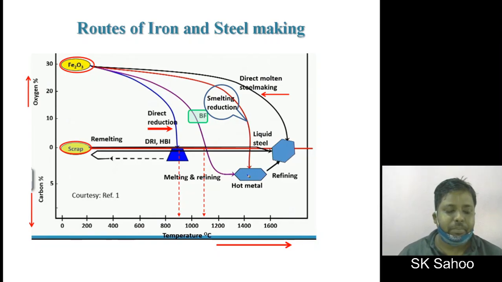Overall, the blast furnace and basic oxygen furnace, BF-BOF route, is still dominating as it is an efficient process. As an alternative route, the DRI-EAF route is emerging steadily because DRI uses non-metallurgical coal and EAF is capable of accepting any amount of solid charge, unlike the BOF process which accepts only 25% of solid charge.